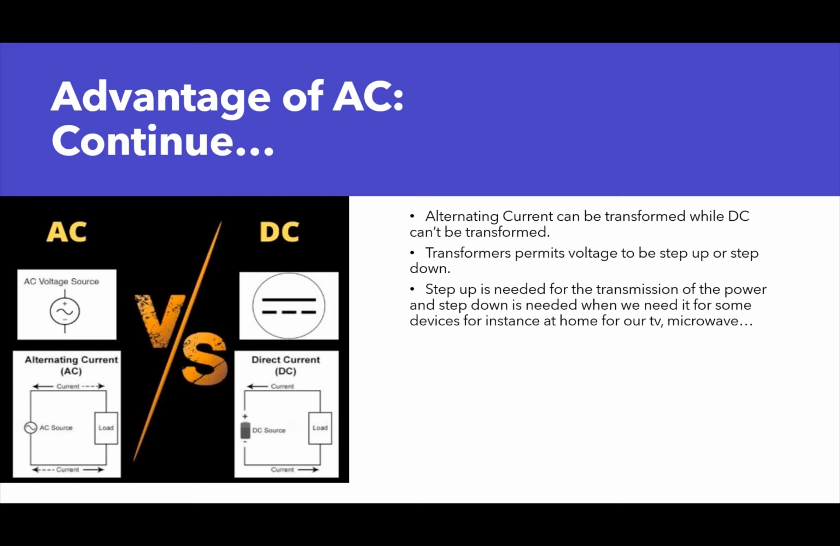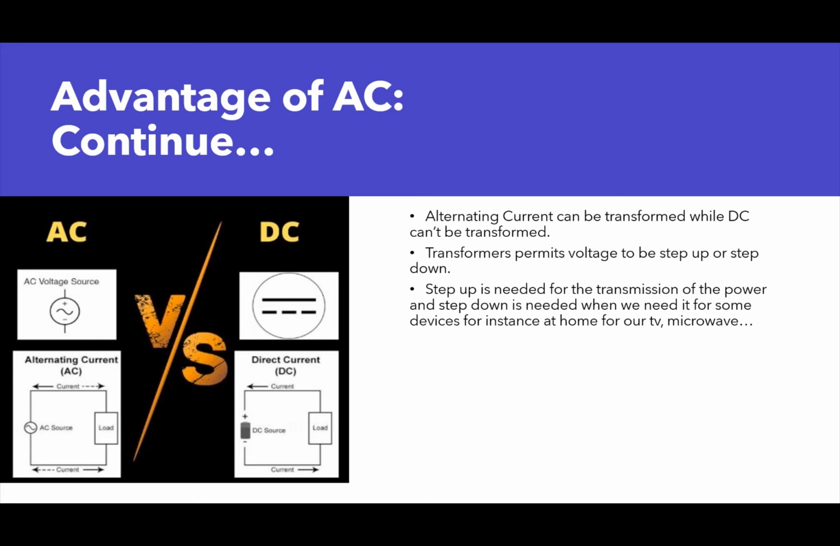Step up is needed for transmission of the power, and step down is needed for when we have to use it in our devices, such as at home for microwave and TV. So everywhere you go, right before your house, where the power comes from, the grid should have a transformer that will step down your voltage from 69,000 or 6,900, whatever that voltage is. It will be a lower voltage that can satisfy the need of our house,